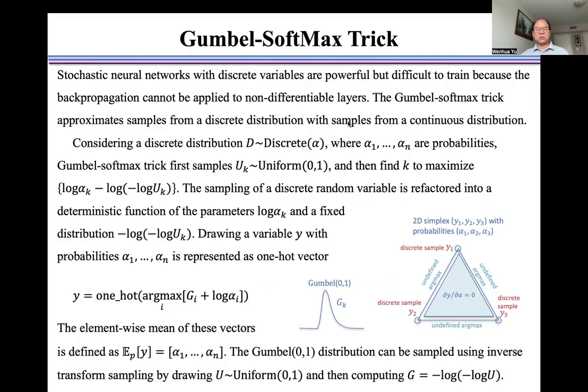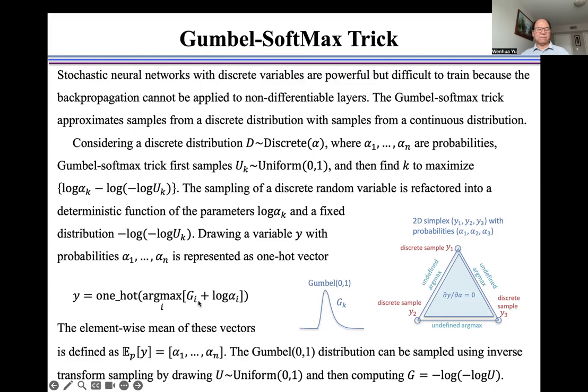Considering a discrete distribution D, where alpha 1 to alpha n are probabilities, the Gumbel-softmax trick draws samples U_k from a uniform 0-1 distribution, and then finds the k to maximize this term. The sampling of a discrete random variable is refactored into a deterministic function of the parameters log alpha_k and a fixed distribution. Drawing a variable y with probabilities from alpha 1 to alpha n is represented as a one-hot